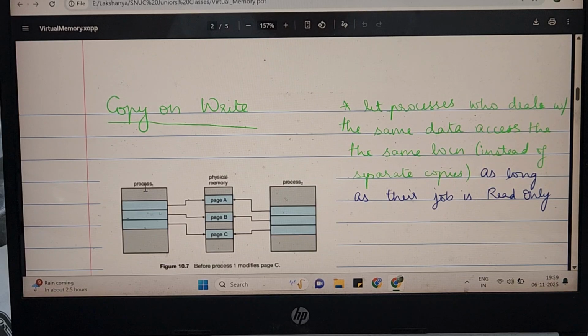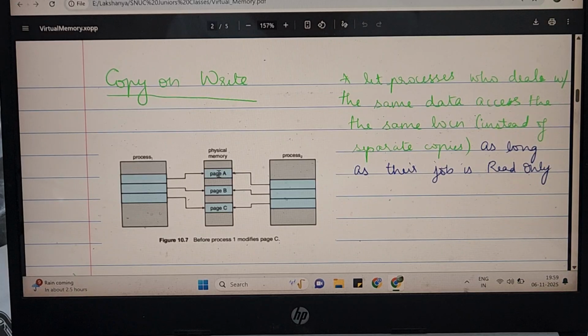What happens is, let's say you have two processes P1 and P2, and both of them are working with the same data, or both of them have the same set of instructions A, B and C. Now when I bring P1 from my virtual memory to RAM, I'm obviously going to bring the relevant data. So let's say I'm bringing these pages A, B, C. Now the next process I want to execute is P2. For P2 also, the same pages A, B, C, the same set of instructions, is what I want to be executing. Instead of bringing the same ABC again and creating two copies of the same content in the RAM,